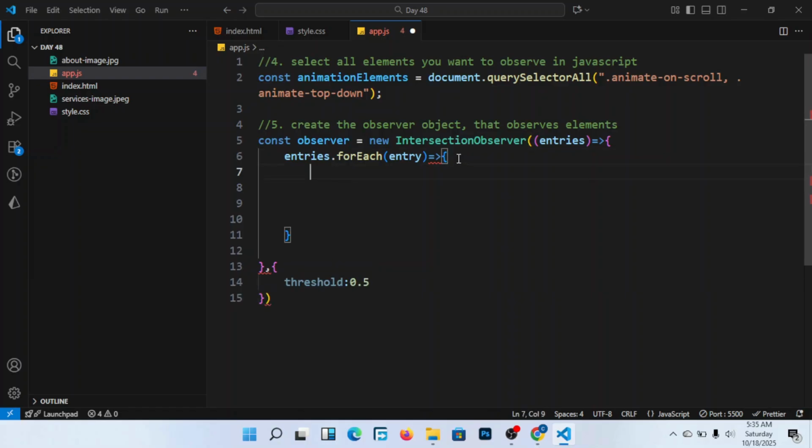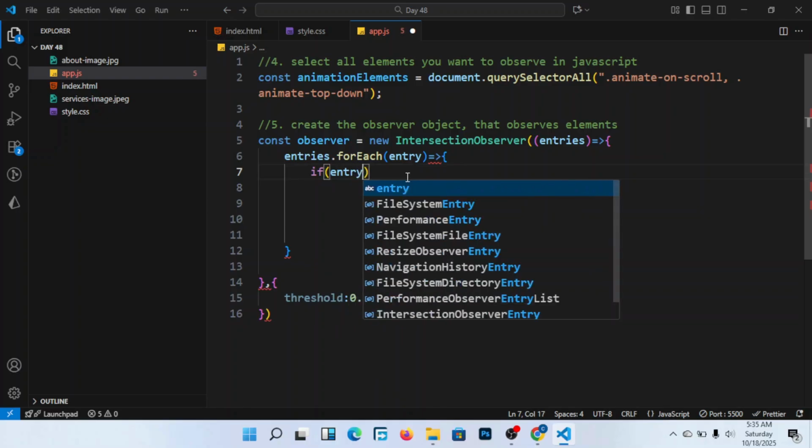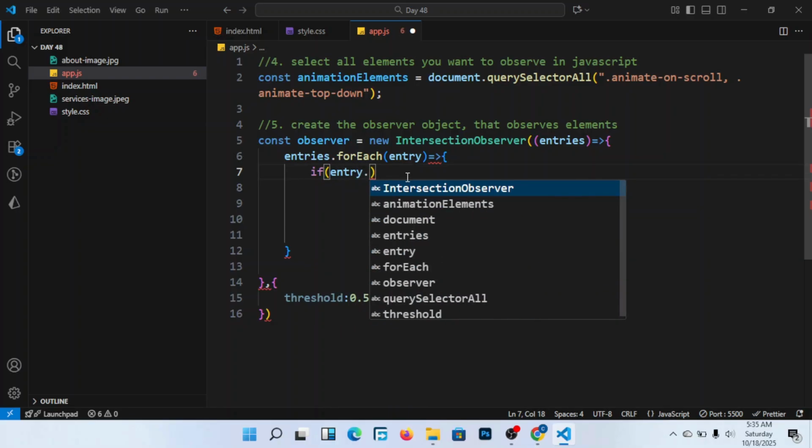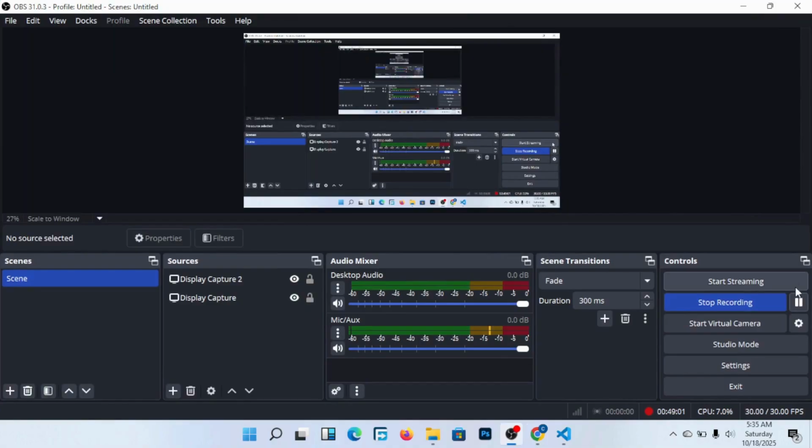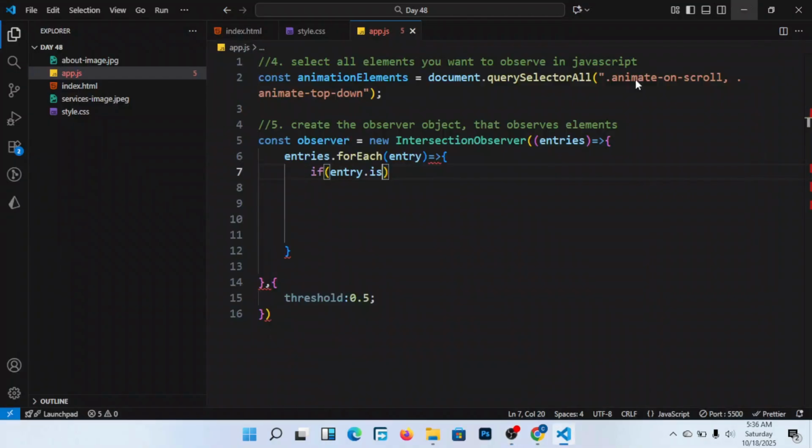Let us first work on this and we see. I can come here, threshold 0.5. Then I come inside here and I say if entry dot is intersecting. Let me first move this threshold here. We are going to come back to that. If entry is intersecting,